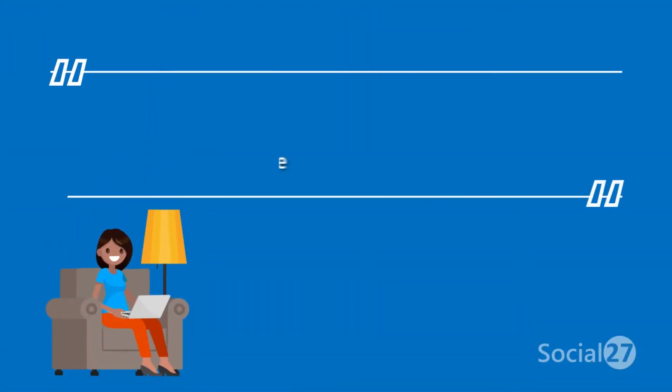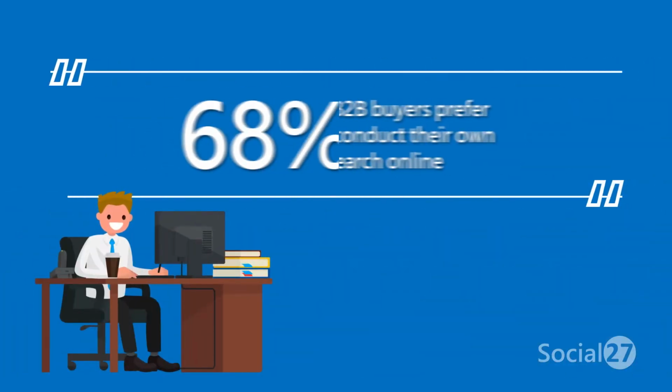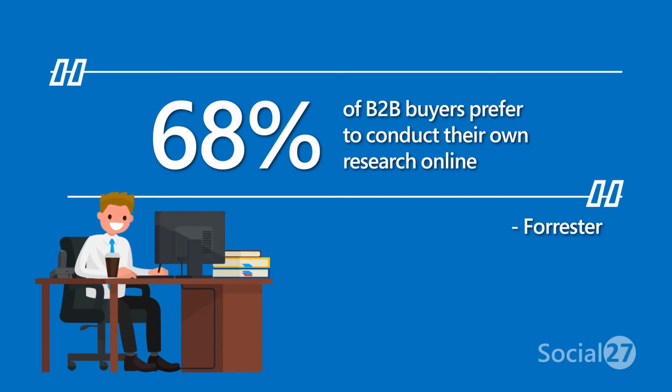According to Forrester, 74% of the business buyers conduct more than half their research online before making an offline purchase. Another study revealed that 68% of the B2B buyers prefer to conduct their own research online. What this means is that these modern empowered customers don't have the time to seek out content, wait for information from drip campaigns, or sift through irrelevant content. They don't have time for sellers to control their buying journey. They want to be in charge, and that means they need the right information right away so they can make